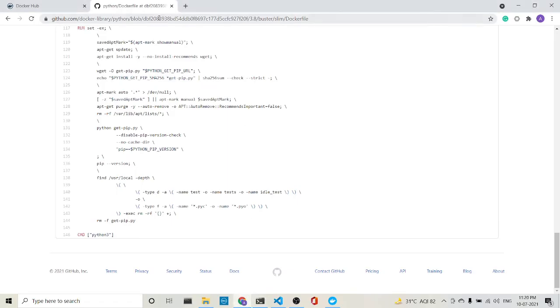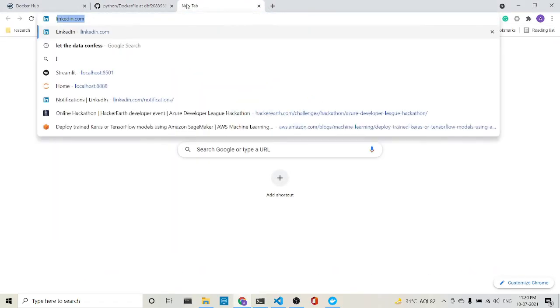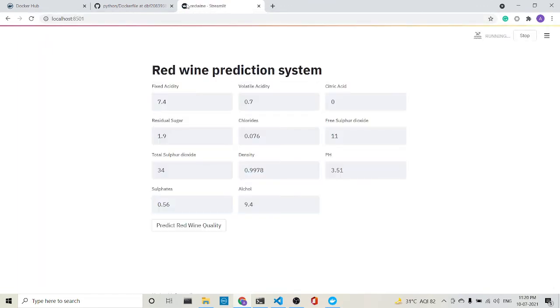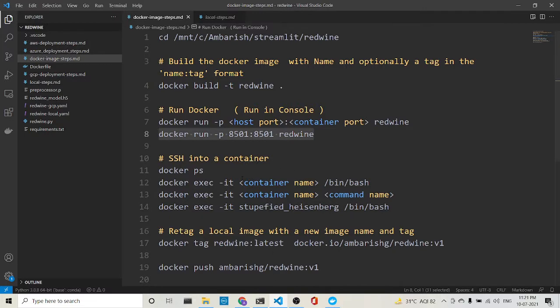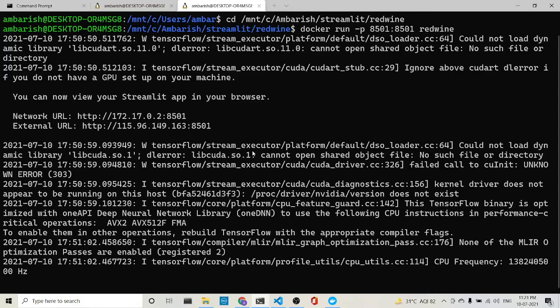So now I can go to localhost 8501 and it is running from the Docker. Let's see whether it is running fine or not. So it is running fine. So what we do next is just play around with the Docker. We can get the images which are installed. We just installed the Docker image. So we can